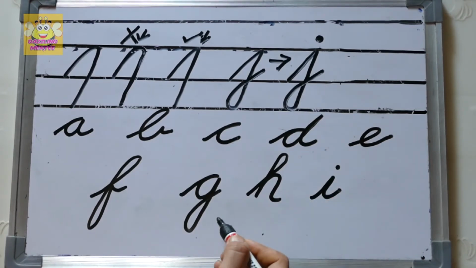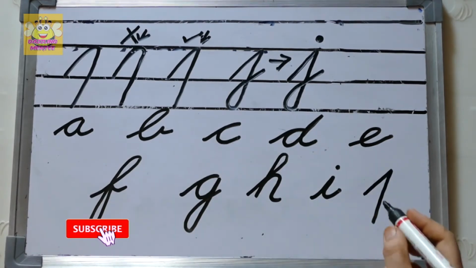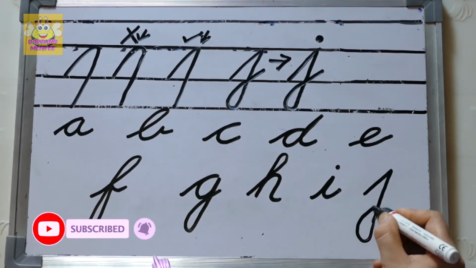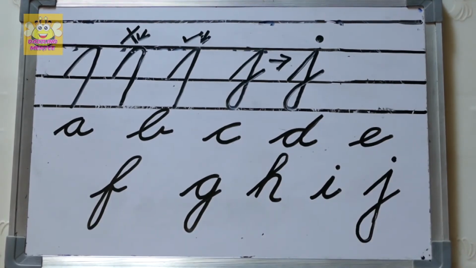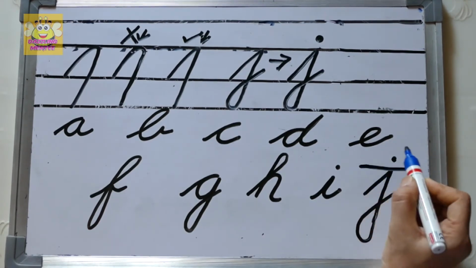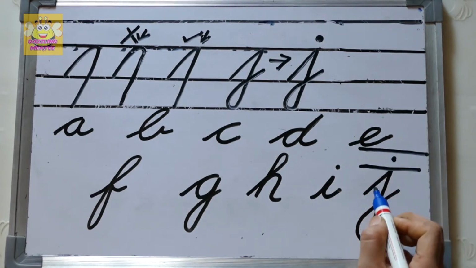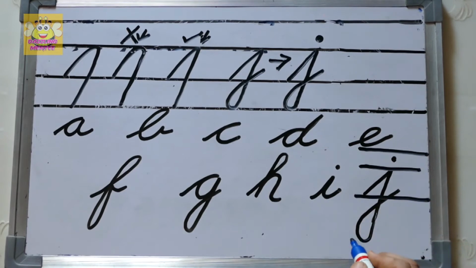And what have we done today? Yes, come on, all of you speak. J. Which alphabet is this? J. J, how have we written? I draw the lines so that the concept of written work will be clear to you. J. Which alphabet have we done today? J. Now, what will we do?